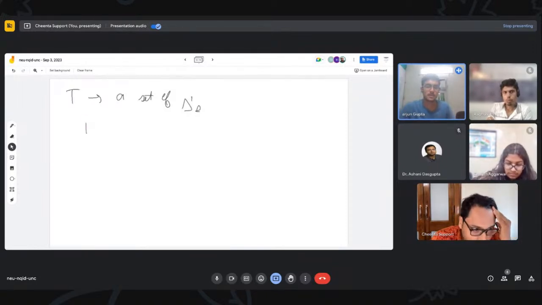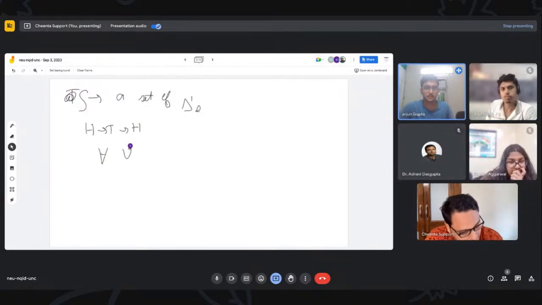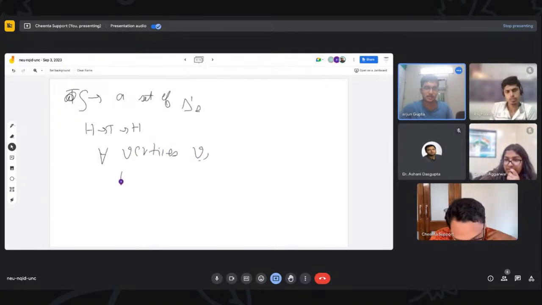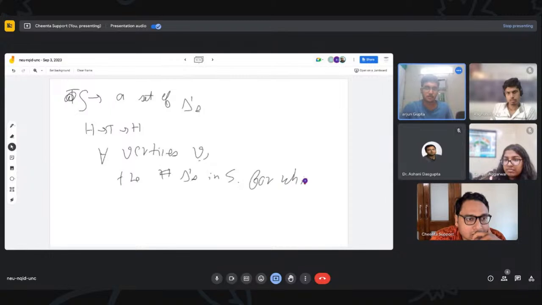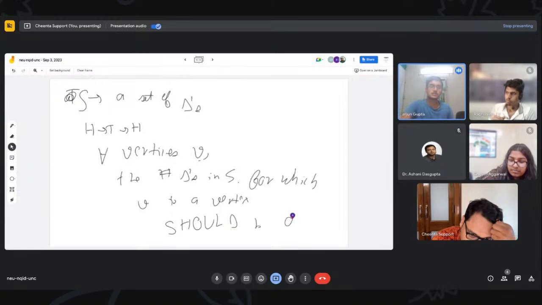Just like you first flip it to head and then you again flip it to head, whatever. So I'll write S be a set of triangles, and for all vertices V, the number of triangles in S for which V is a vertex should be odd. So this is the equivalent transformation of the problem, because as I mentioned, it is stupid to flip